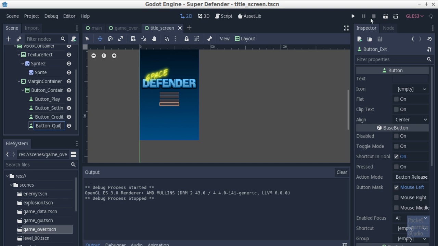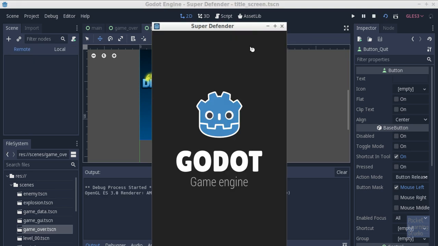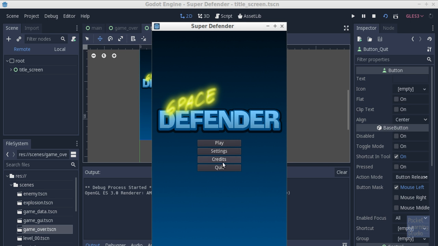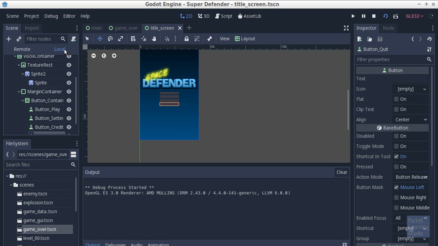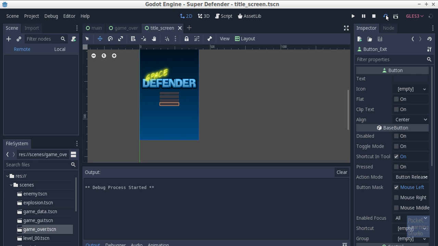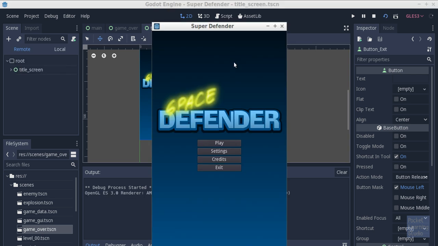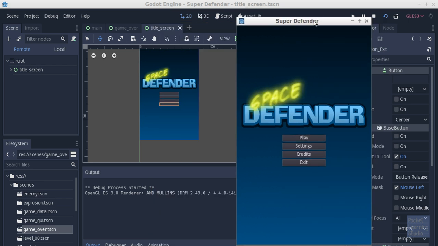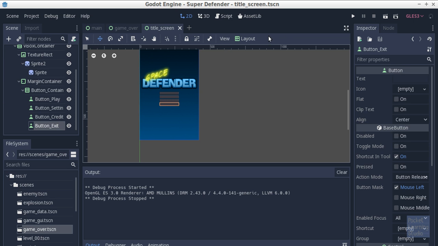Then when we run the scene, it changes that to quit. I happen to like it as exit, so we'll go back to exit. EXIT, and then when we run it, it's changed back to exit. It requires a little bit more planning, a little bit more thinking,